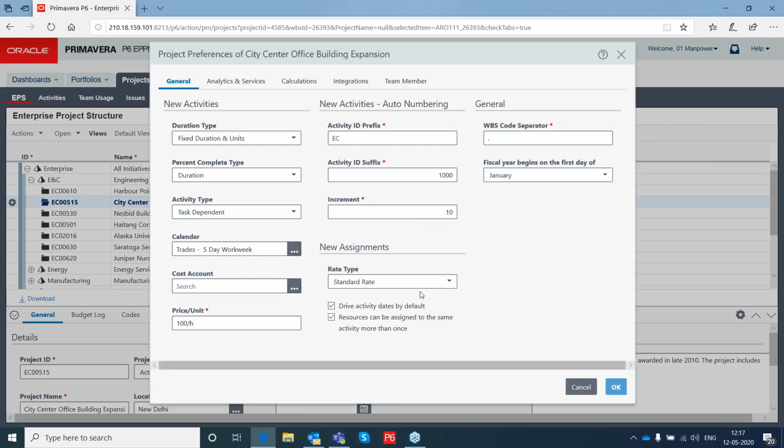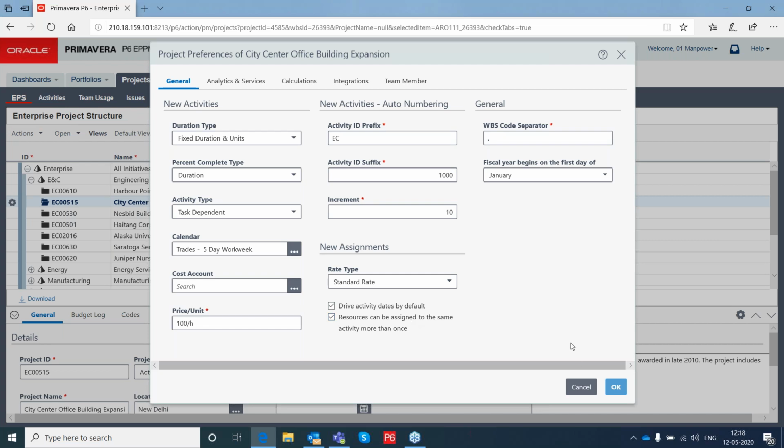See here, this is the preferences for a project. You can see standard rate, internal rate, external rate, price per unit, 4 and 5. Actually, these things can be customized. Sorry to interrupt, sir, I have one small question. This is at the project level, which will be applicable to all the activities in that project, right, sir? Yes, this is at the project level and it is applicable to all the activities within the project.